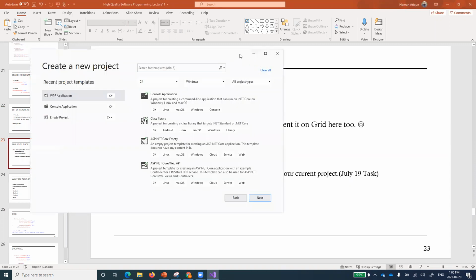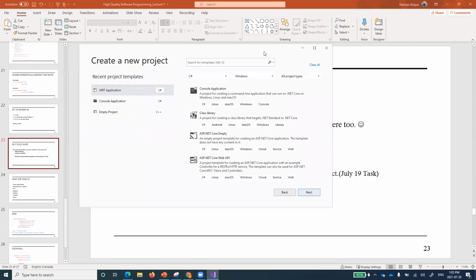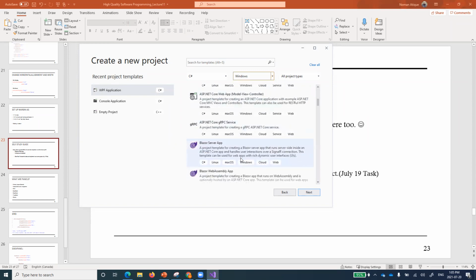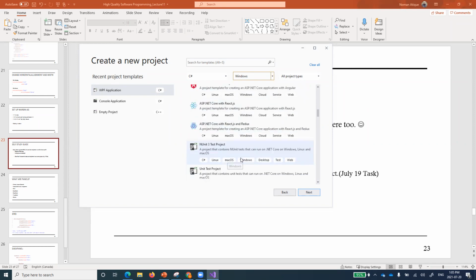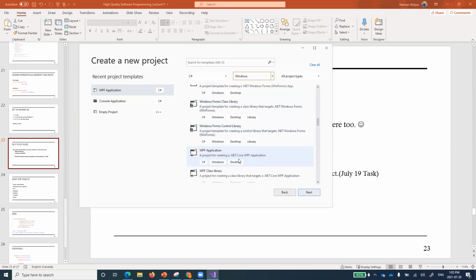First of all, I'm starting my Visual Studio, and I am starting the project in front of you. Why? Because there were some people who were having problems after opening the project. So now you see we are opening a WPF application, which you will find when you select Windows out of this platform. You will find this WPF project type near the bottom, or maybe in the middle. So we are selecting WPF application.